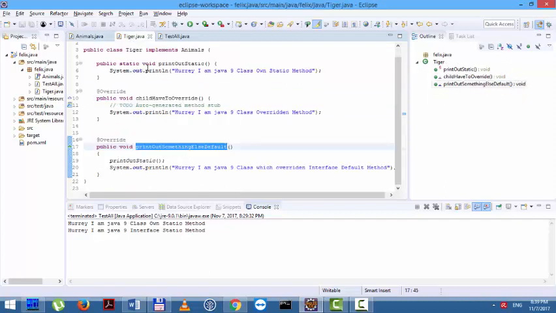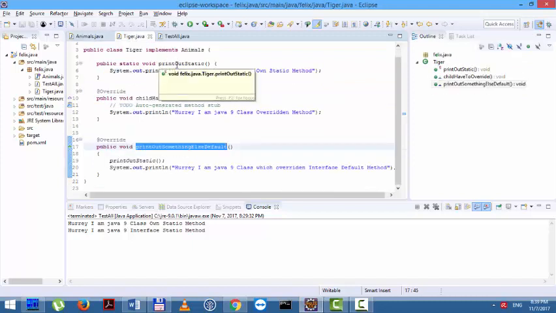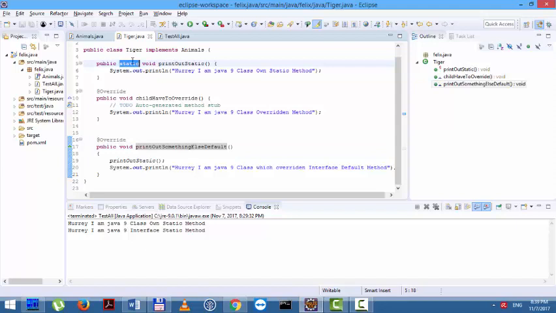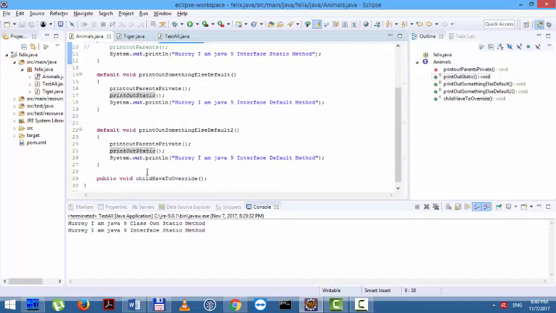Plus, the Tiger class can implement a static method with the same name of its own, or it can be just a simple method of its own. It doesn't matter, but these two will belong only to the Tiger class. So once again, this is about statics, this is about defaults, and the only notion about inheriting default methods is that